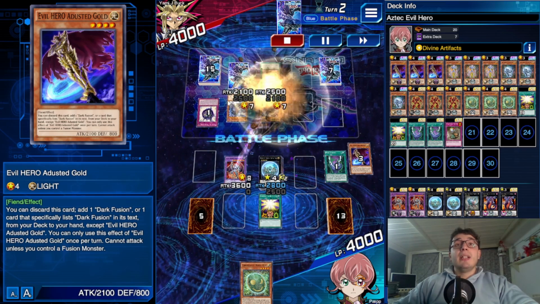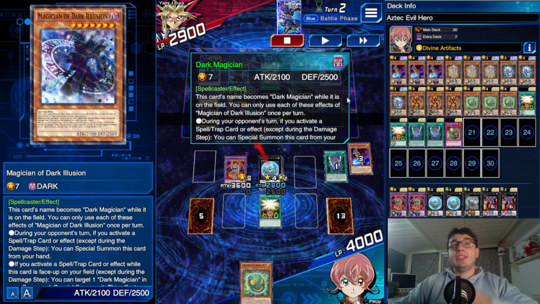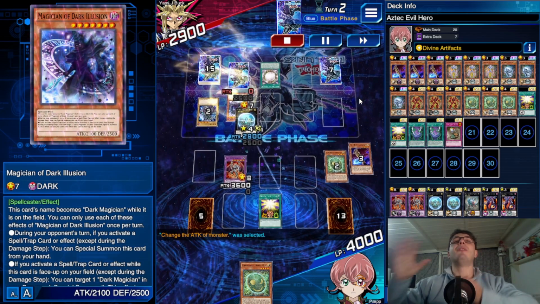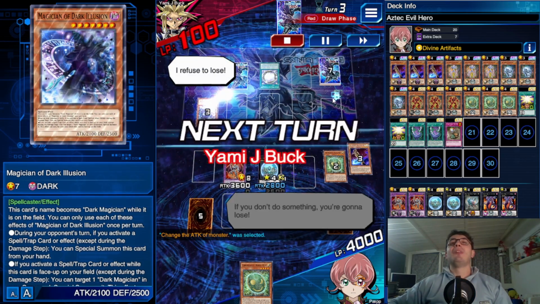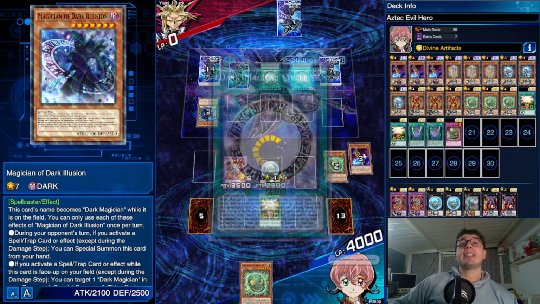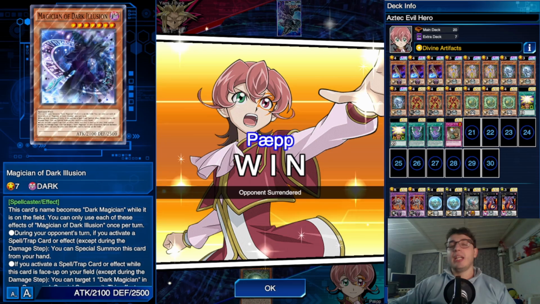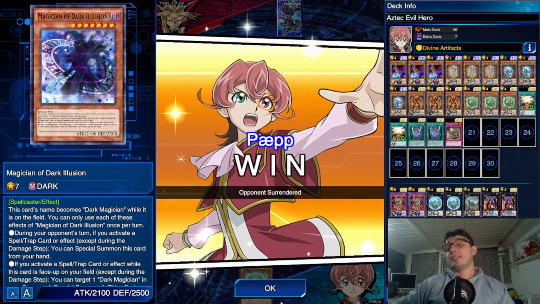We can attack, and of course Gaia changed the position of the Magician of Dark Illusion, but unfortunately, guys, look at that. We missed the lethal just by 100. He's got another circle, but as soon as he excavates, he's got nothing to go on with, and still, guys,